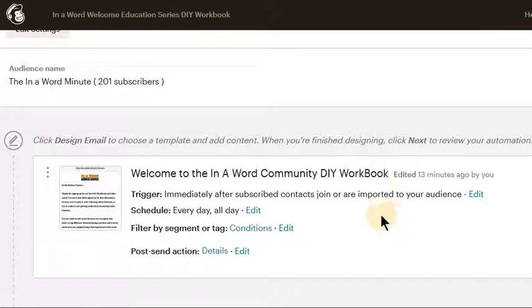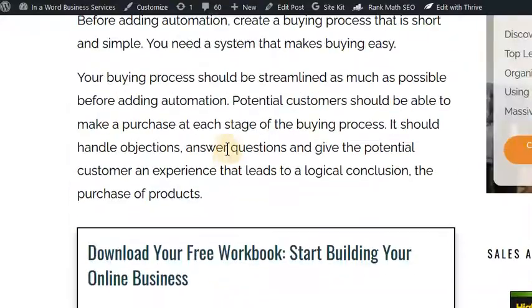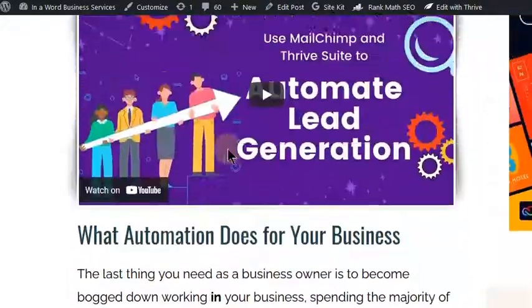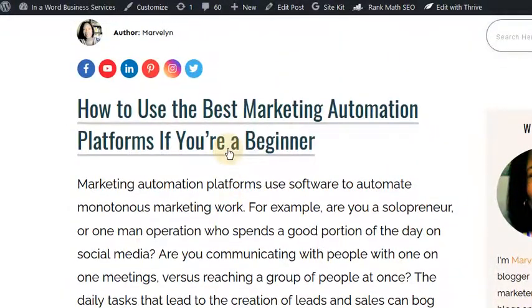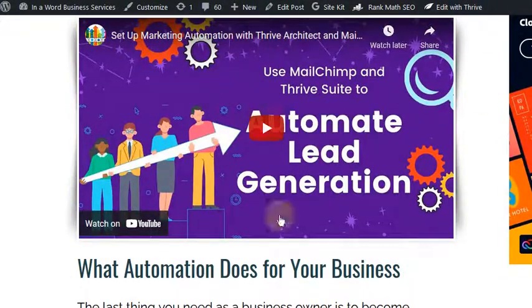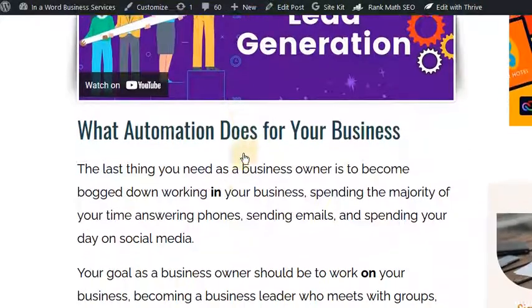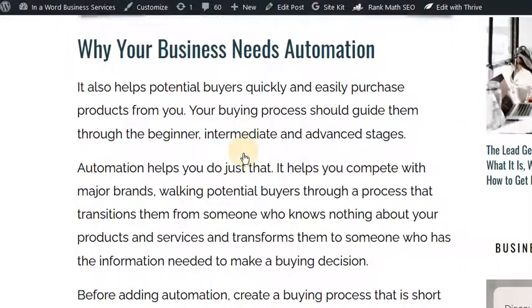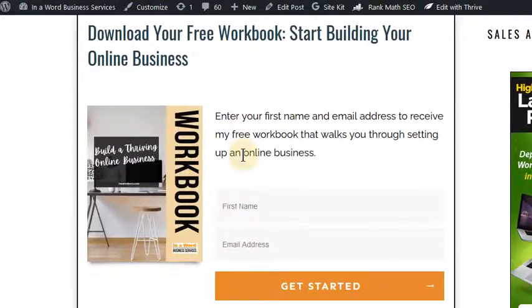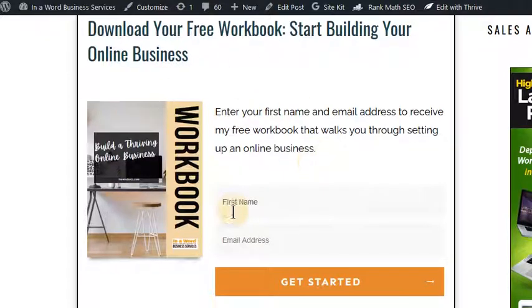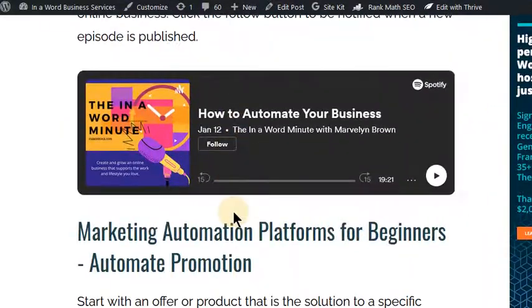And if you have things set up on the front end on your site, you are also delivering value on your site. So this is the article. Here is the video that we did, the previous video on automation. And then here's the rest of the information that I provide in this post. Here is the lead generation form. Here's the rest of the article. And here is a podcast episode. So if it's not convenient for someone to listen, or watch the video or read the entire